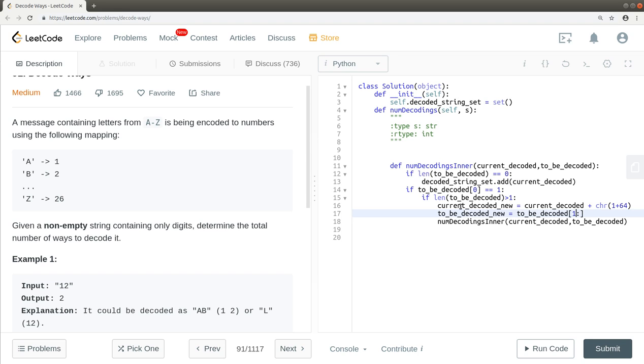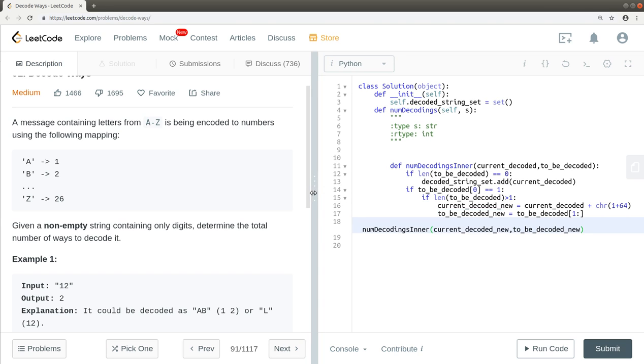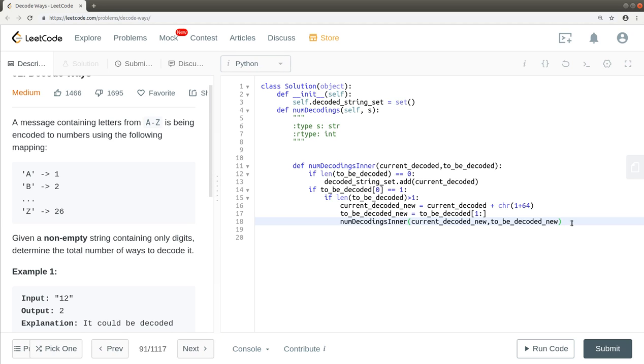And add that here. Okay. The other thing